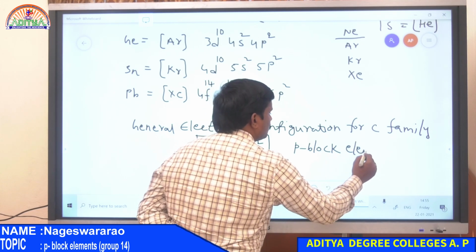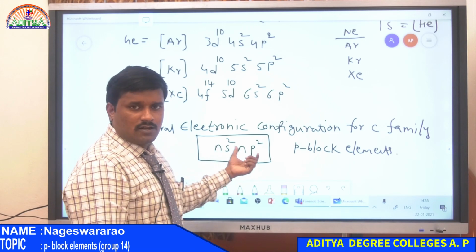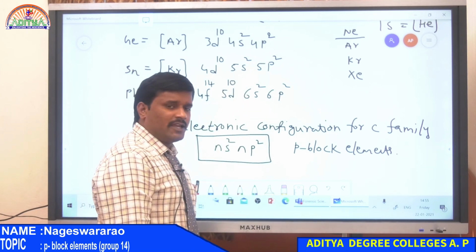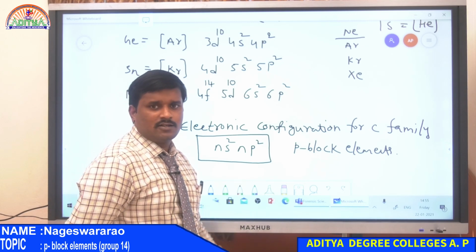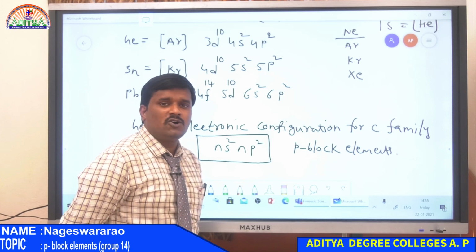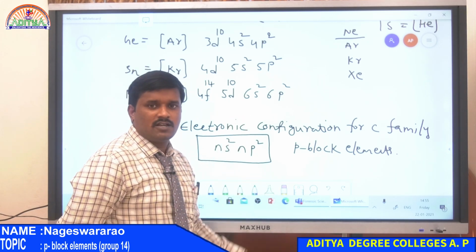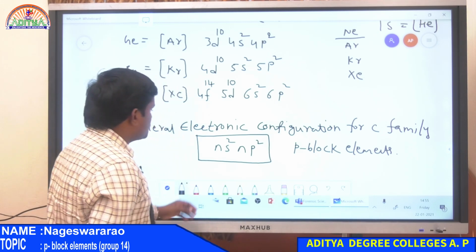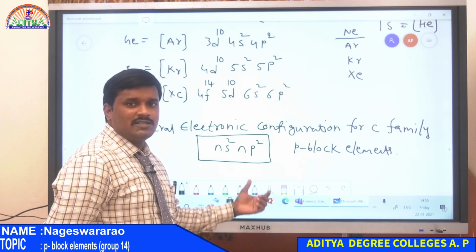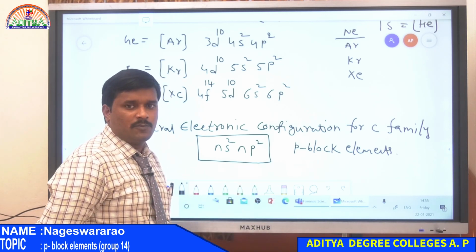And also all are having 4 electrons in their valence shell. So 2 plus 2, 2 plus 2, 2 plus 2. Every time there are 2 electrons in the s orbital and also 2 electrons in the p orbital. Therefore the total number of valence electrons in the case of the carbon family is equal to 4. So these all have 4 electrons in their outer shell. Therefore all these have similar properties, both physical as well as chemical.